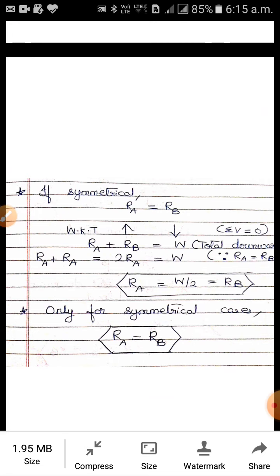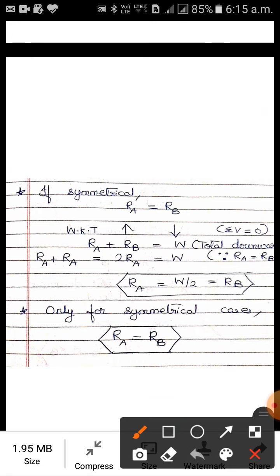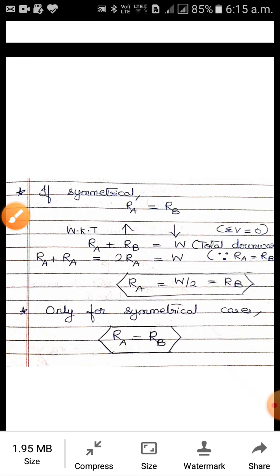At the center, you have to imagine you are dividing into two portions. On both the portions, AC and BC, right and left of the center, the distance should be equal and the load should be equal. If that is the case, RA equal to RB. So reactions are equal. So RA plus RB equal to W, that is summation V equal to 0, we already saw in the check. So upward force equal to downward force. So if RA equal to RB, in the place of RB, you can write RA. So RA plus RA, 2RA equal to W. So RA equal to W by 2. That's all. No need to do anything.